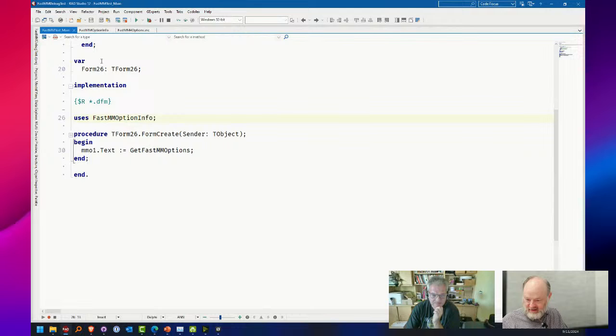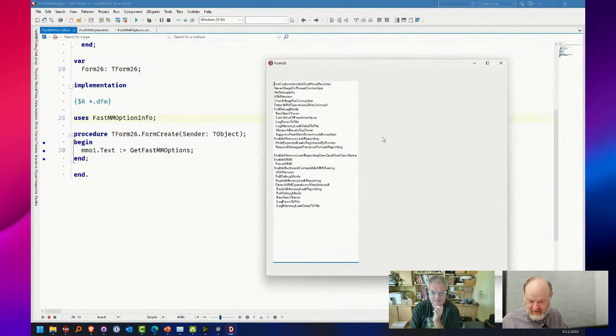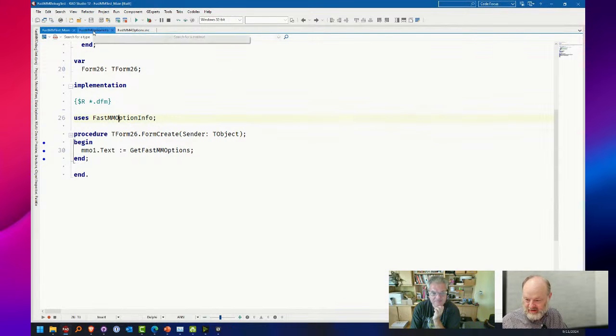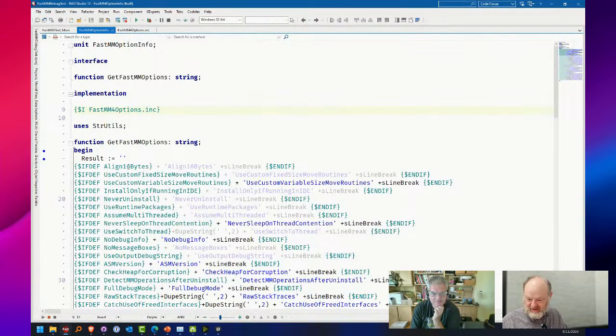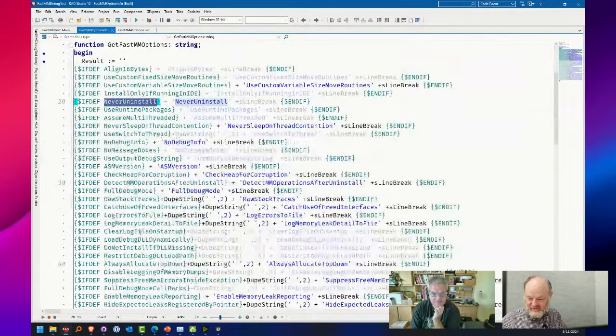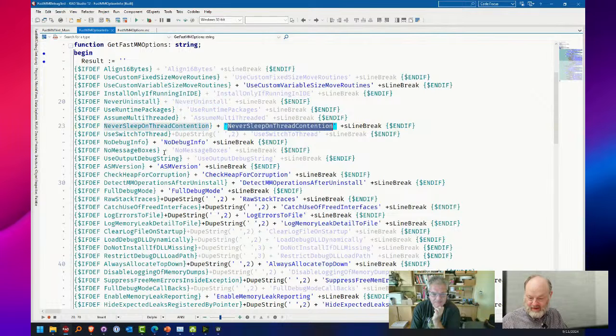So I added this here as well because I thought this would be useful, especially for demo purposes. I made a routine, oops, it's putting things in the wrong window here, that will display all of the options that are set in your inc file. And so what that does here is it just goes through and does an ifdef on each of those features, and then prints out the feature if it's enabled or not.